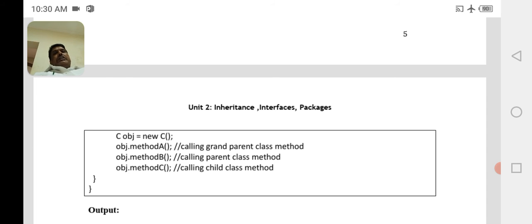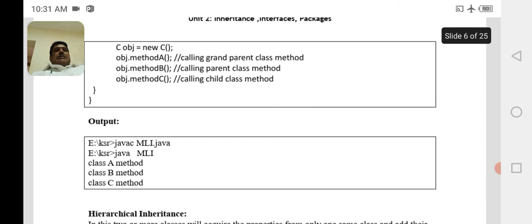So with this object reference variable obj, we can call the method present in grandparent class A, that is obj.methodA, and we can also call the method present in parent class B, that is obj.methodB, and we can also call the method present in class C, that is obj.methodC. So when we execute this program, we will get the output as class A method, below that class B method, below that class C method.